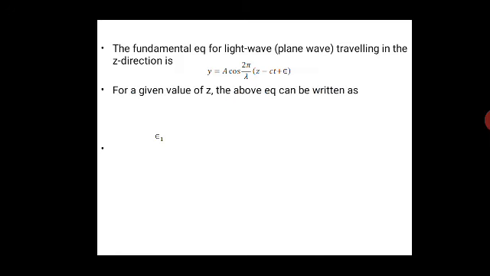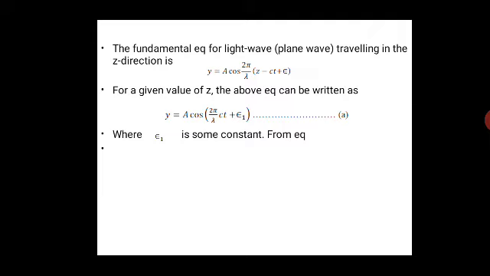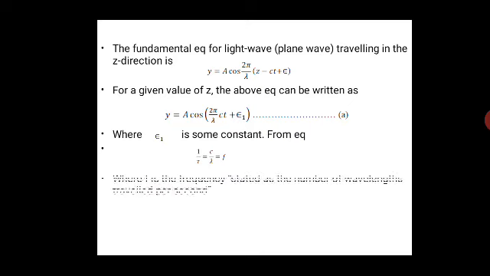For a given value of z, the above equation can be written as y is equal to a cos 2 pi by lambda ct plus epsilon 1, where epsilon 1 is some constant, a phase constant value. Therefore, from the above equation we can represent 1 by T is equal to c by lambda, that is equal to the frequency of the light which is traveling from one end to the other end,